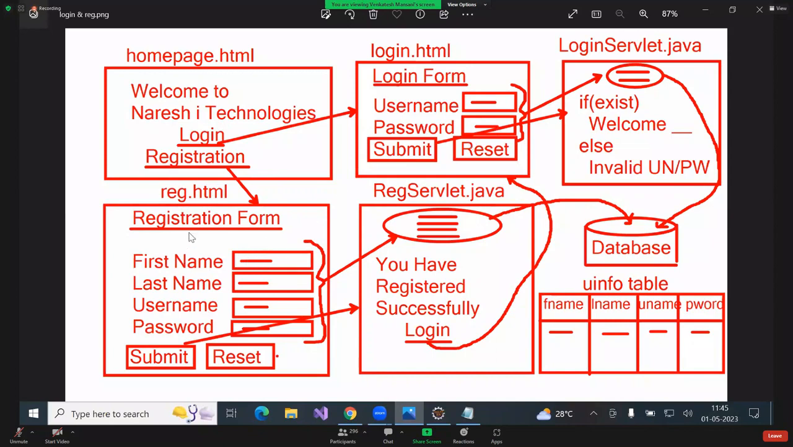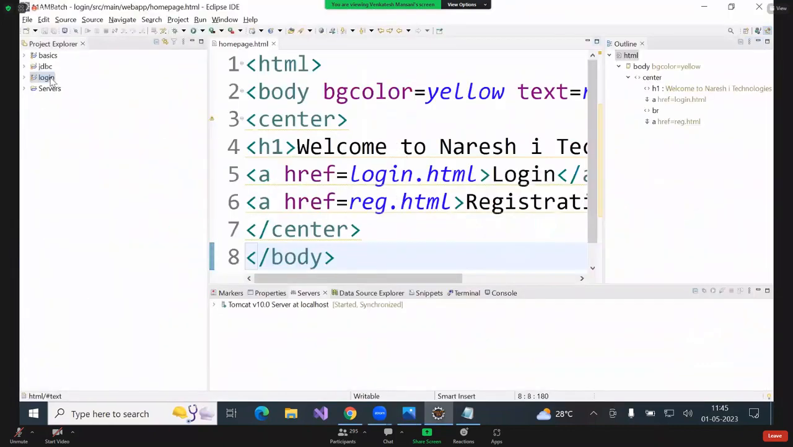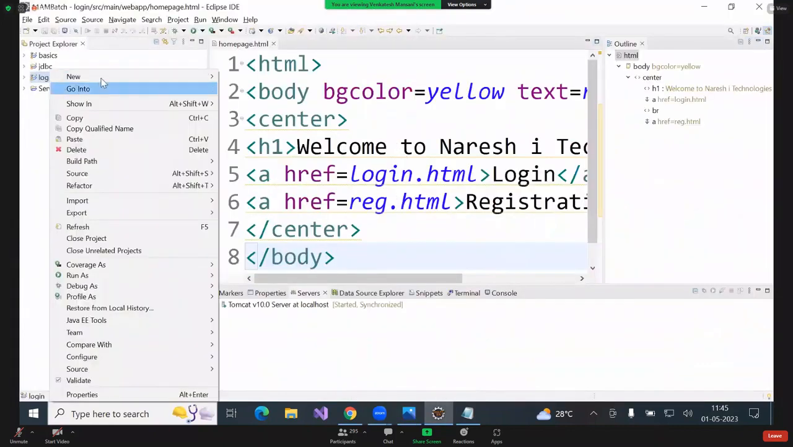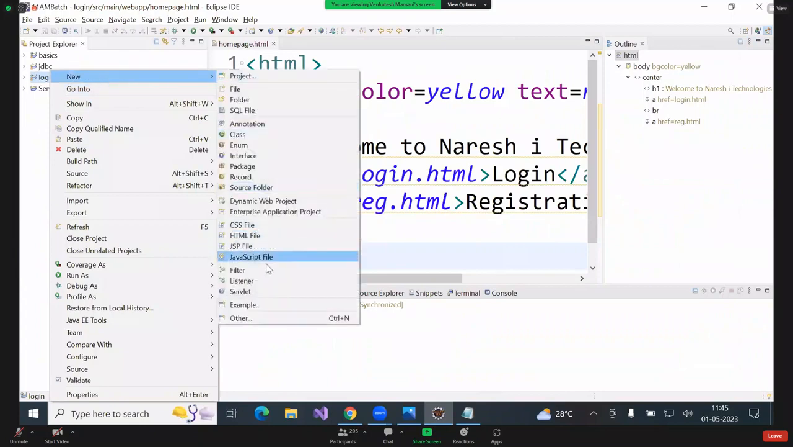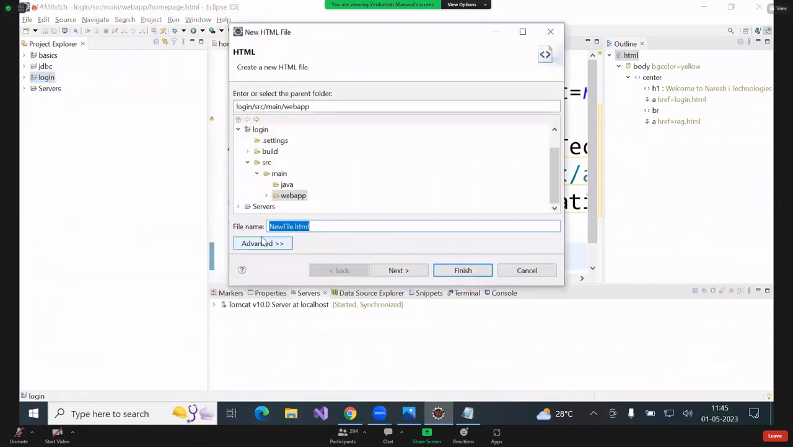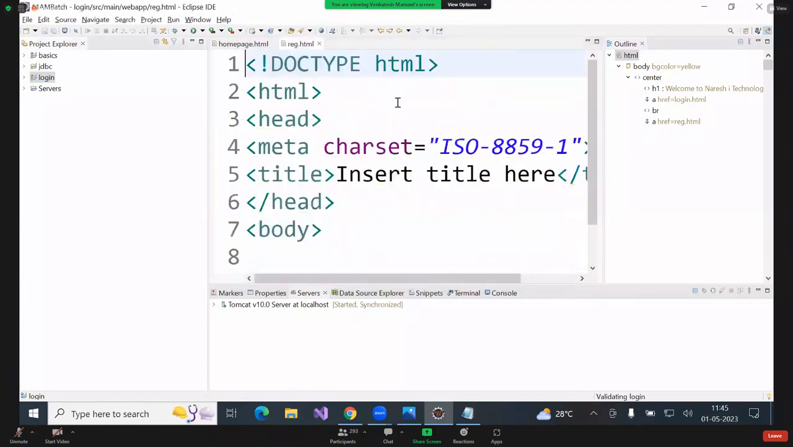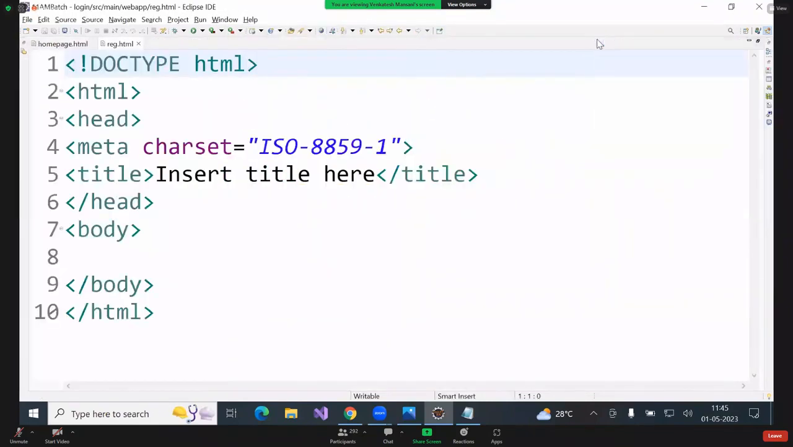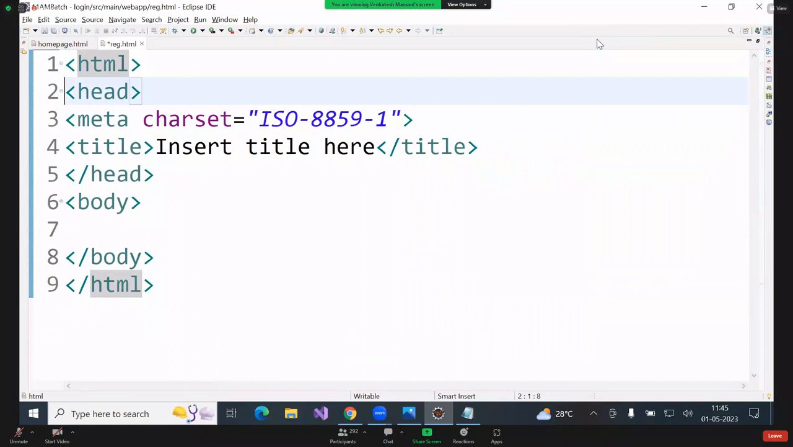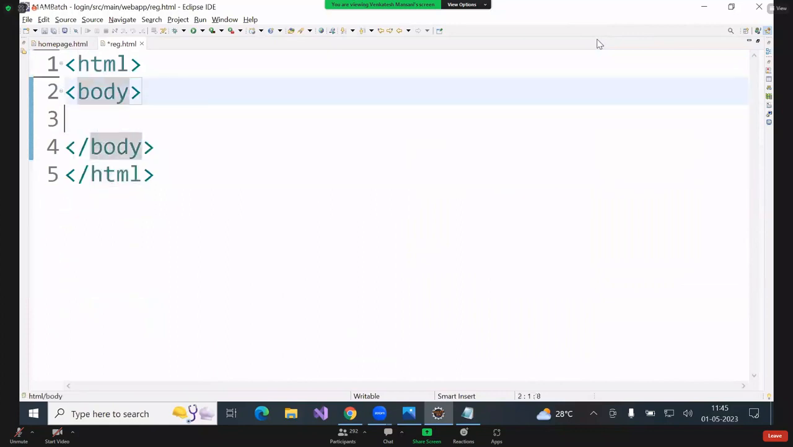Now, first I'll write reg.html. Say, right click, new, here HTML. Here, reg.html, next, finish. Now, here, I'll remove this one. Here,